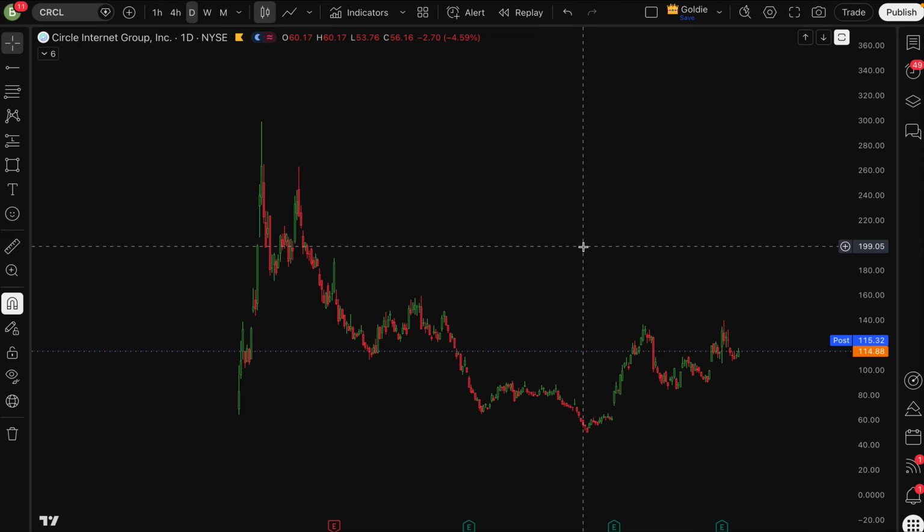What I want to do is basically show how I mark up a chart, as far as getting an idea or building a story on a chart, right? So we're looking at Circle Internet Group. It doesn't matter what stock or ticker it is, but this is basically how I decipher what's going on